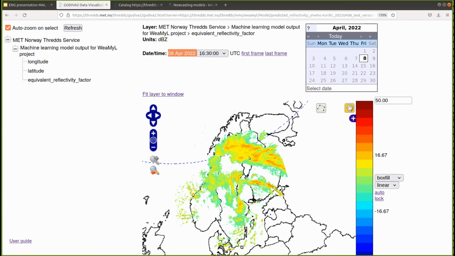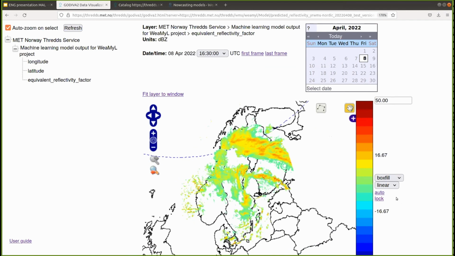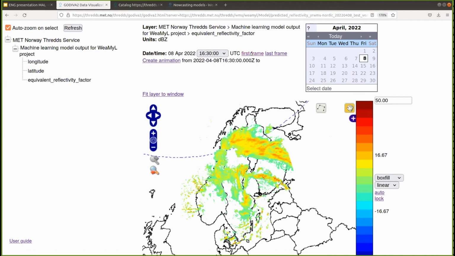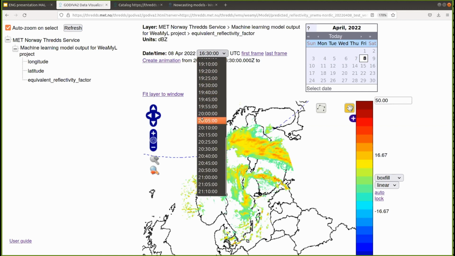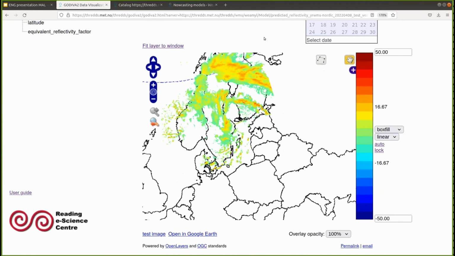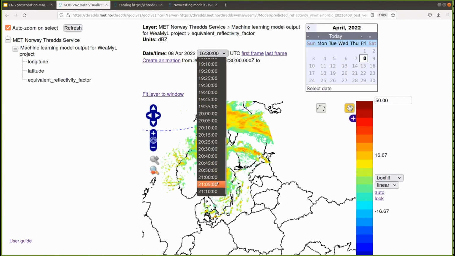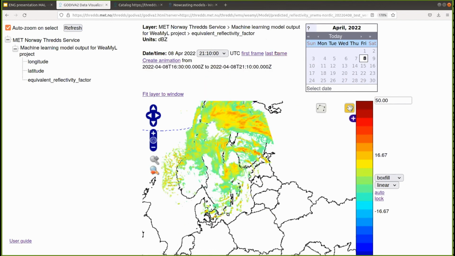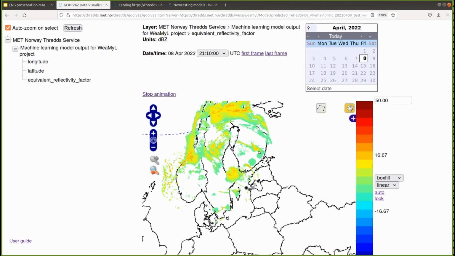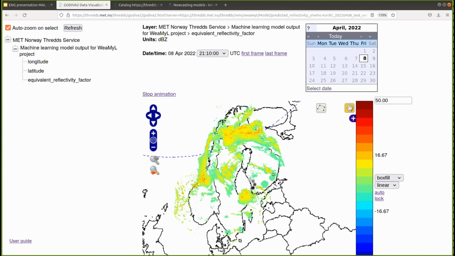A nice feature with Godiva is that you can also do some animations by selecting 1630, for instance, as a first frame, and then you select 2110 as the last time frame, and then by clicking on create animation, it will take maybe a bit of time to combine all the data together and then start showing the animation of the base reflectivity factor, how the event